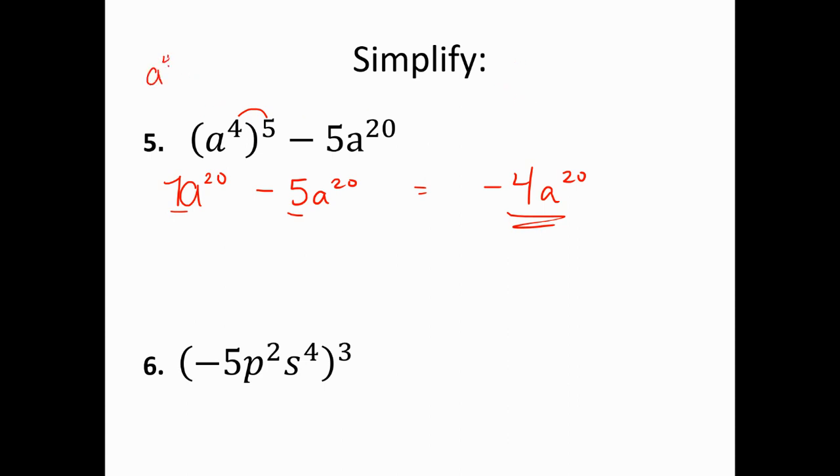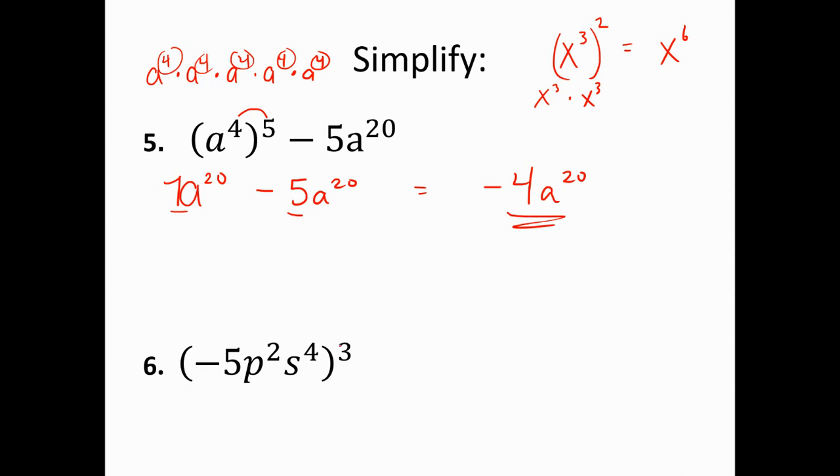Okay, so then we could see, why do we multiply those together? So if I had a to the 4th to the 5th power, that means I would have 5 of these. And then we know from earlier that what do we do with these exponents? We add them all up. So 4 plus 4 plus 4 plus 4 plus 4 is 20. Similarly, if you had x cubed squared, then this would be x to the 6th power,